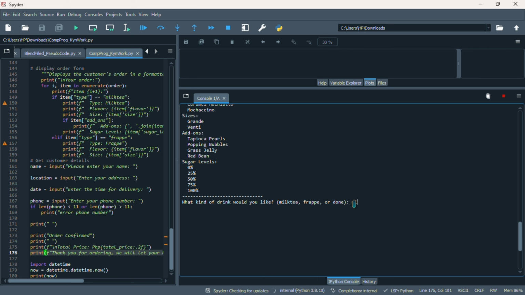So I'm going to place an order, which is milk tea, and the system will ask the milk tea flavor and the size, or I can put some add-ons, or I can type done if I don't want any add-ons. So let's put some add-ons. And if I'm done adding add-ons, I can type done. And for the sugar level,